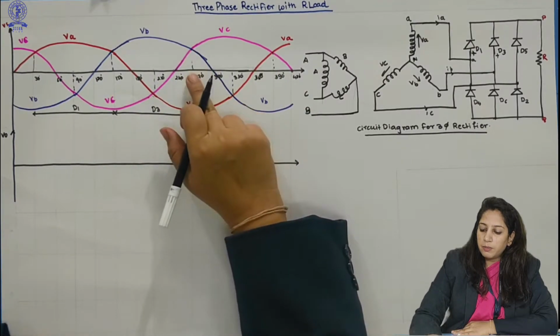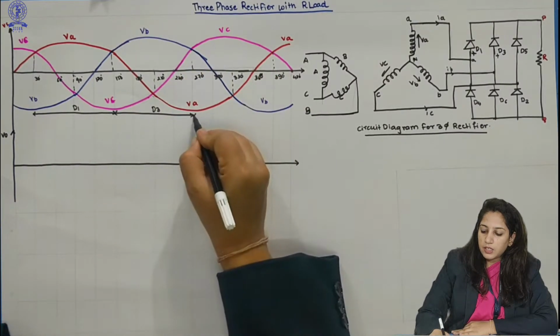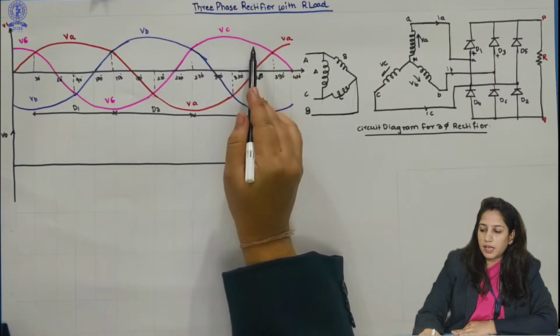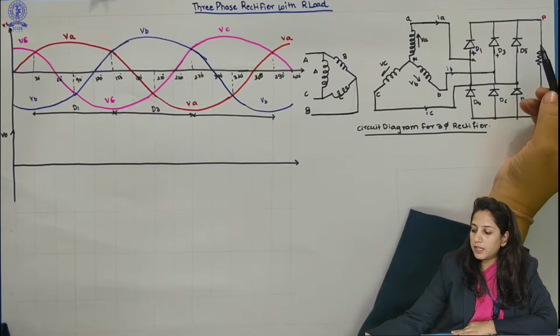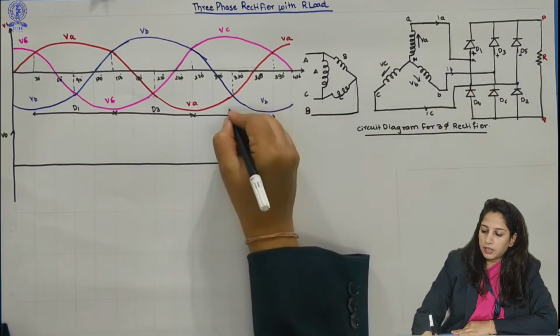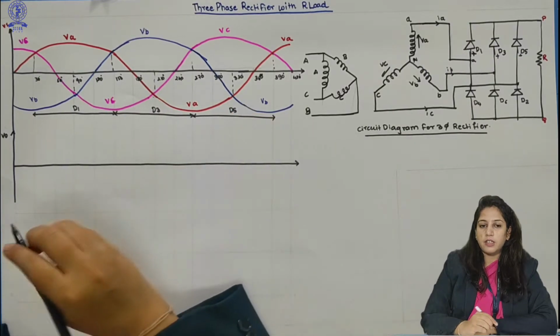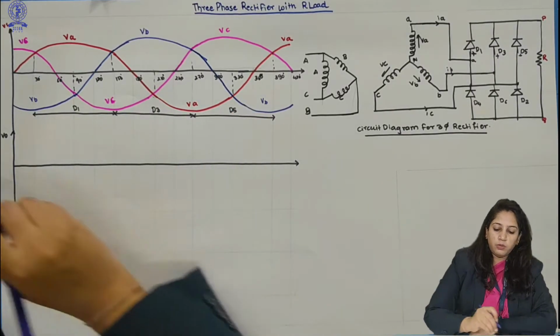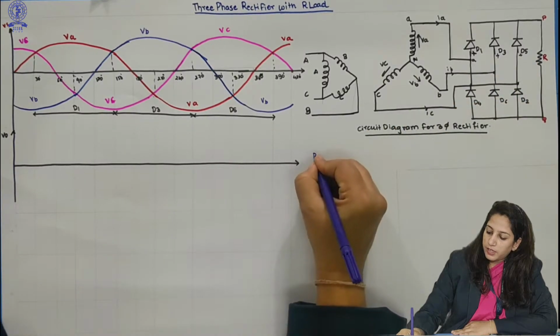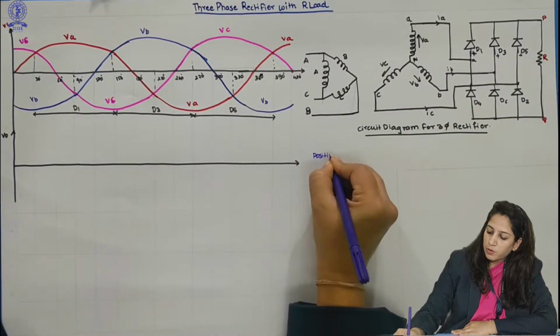Again, between 270 to 390 degrees VC is high, so D5 will be forward biased and conducting. So here D5 is on. Now this comes into the positive group of diodes, so I will write here positive